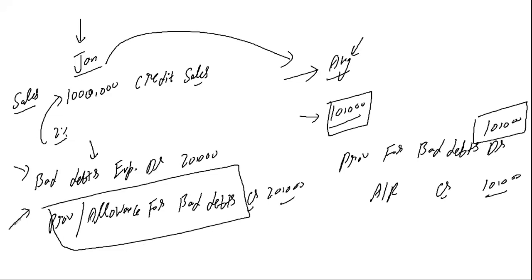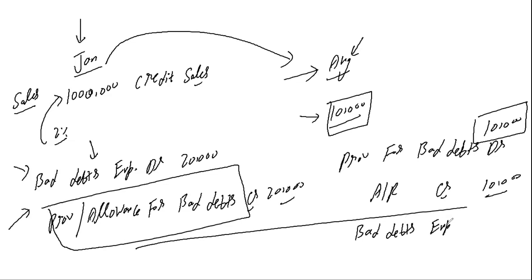So in case if you don't have provision, assume the whole story I don't have, what will happen? You are adopting the direct method, which is not allowed as per GAAP. So you will say bad debts expense, debit, and account receivable, credit. This is the direct method, students, when you don't have any kind of provision. So in this case, you are not following the matching concept and unnecessary expenses of August will exceed while sales you recorded in another month.